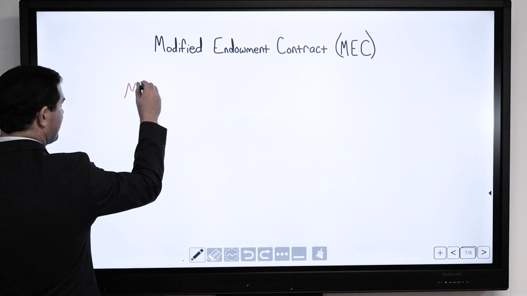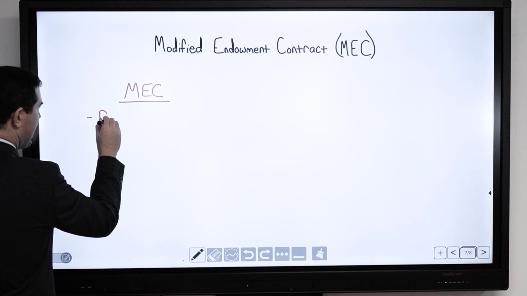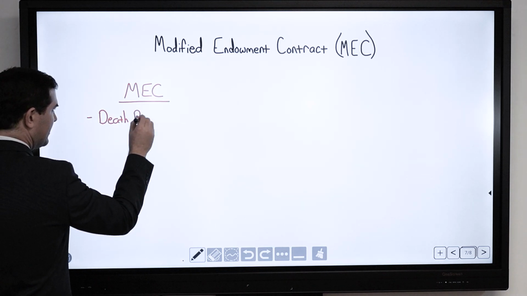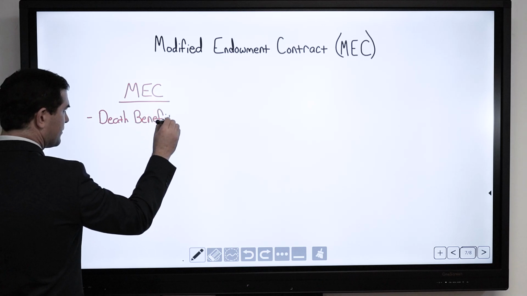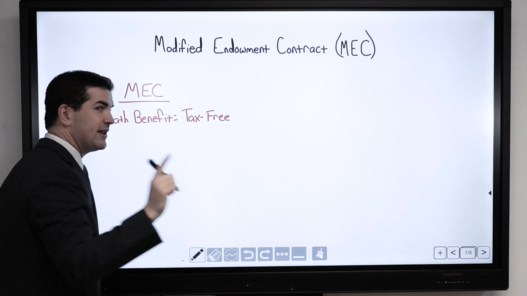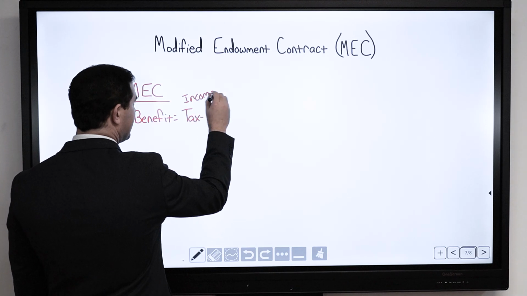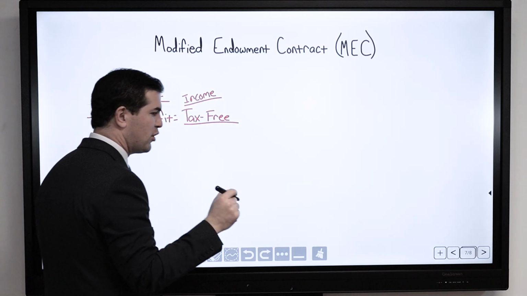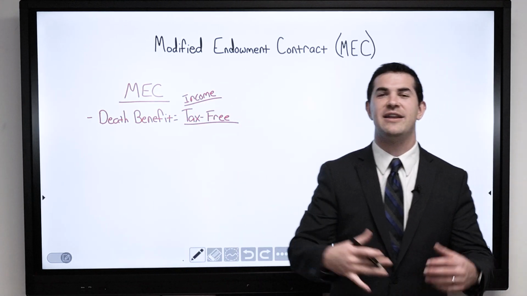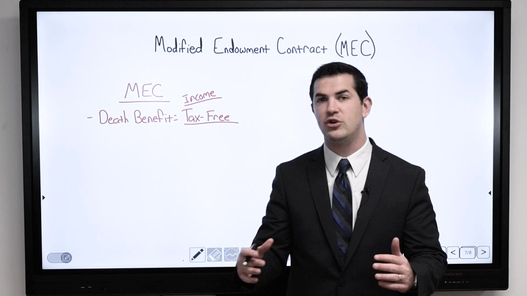So Modified Endowment Contract, or MEC, is first and foremost, when it comes to the actual life insurance policy, the death benefit is still paid out 100% income tax-free. And why I always state that is because when it comes to life insurance policies, we often hear tax-free. Tax-free with the cash value if I do everything right, which is what I have access to, and then tax-free with the death benefit. When I die, money is left tax-free to my heirs or beneficiaries, which is true.